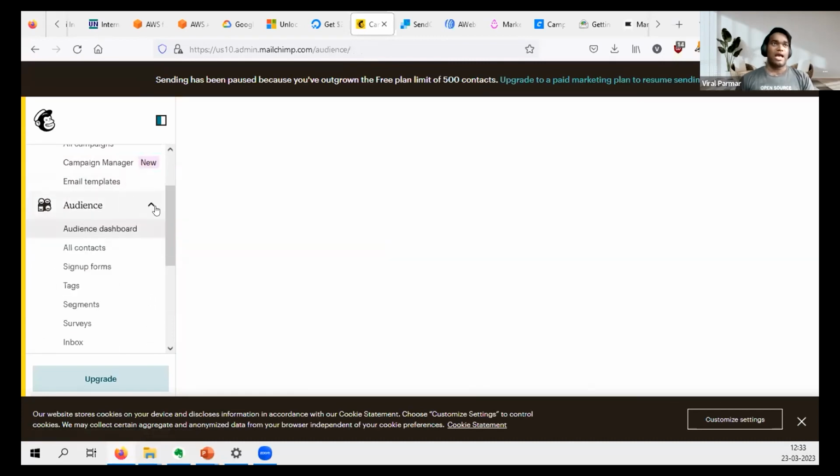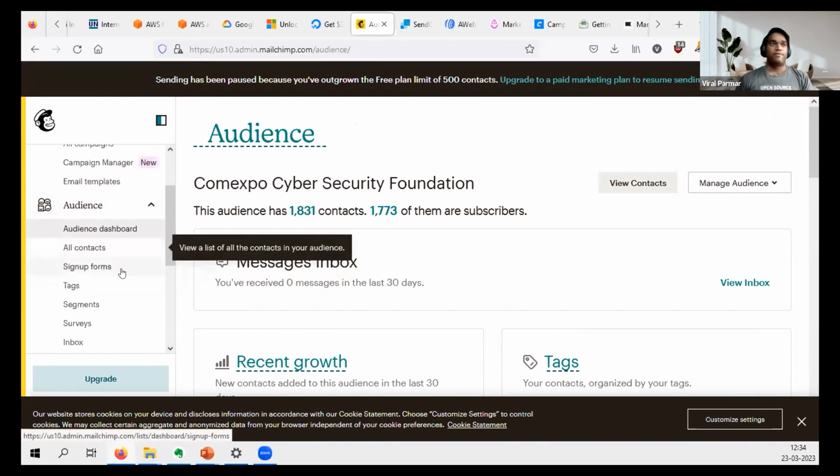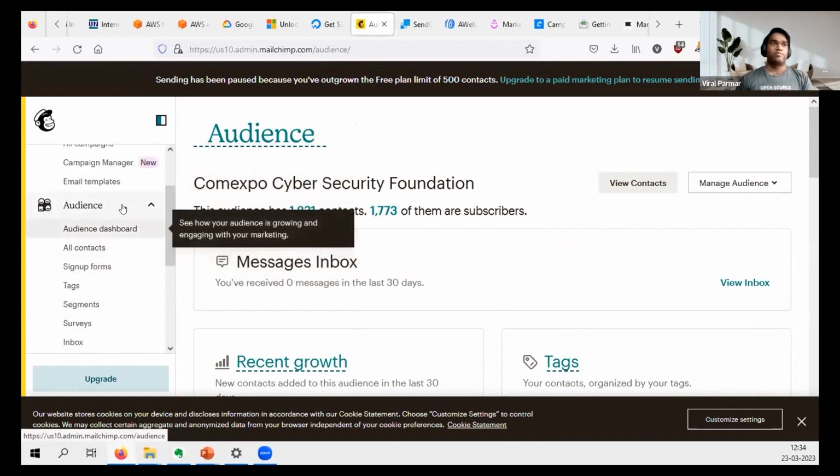Also, you can add audiences, as I mentioned. You can add 2,000 people very easily to your contact list and manage it for free, by the way. This is just for free, and we'll talk about pricing later on. But yes, 2,000 email addresses you can easily add for free. And if you want to add more, then you have to go for different pricing models. It's a premium model that they are using, right?